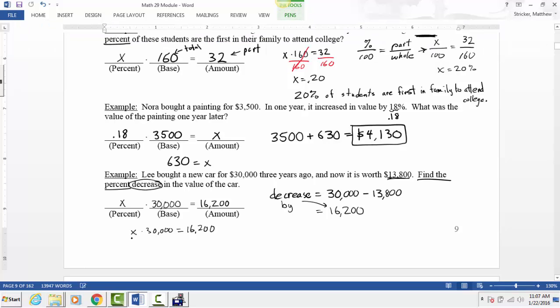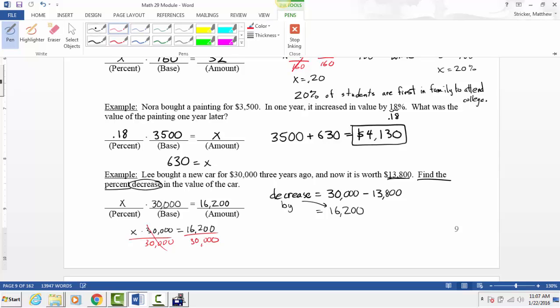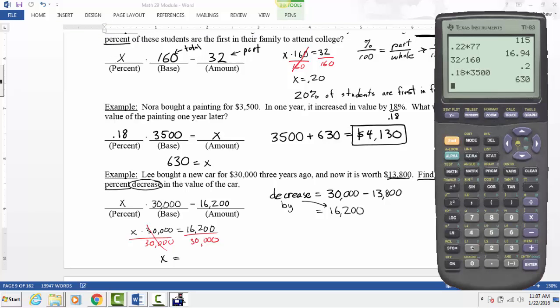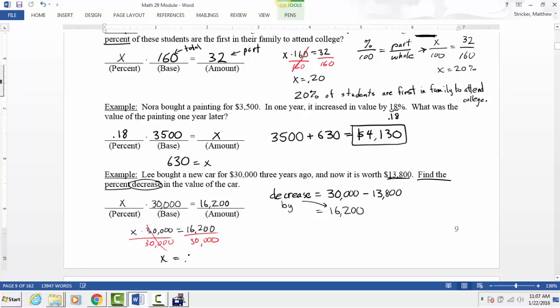And we know what to do here. We just divide both sides by 30,000. That cancels. And so what we're left with, we have our calculator, 16,200 divided by 30,000, and that's 0.54, which is 54%